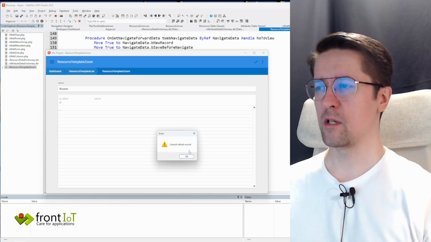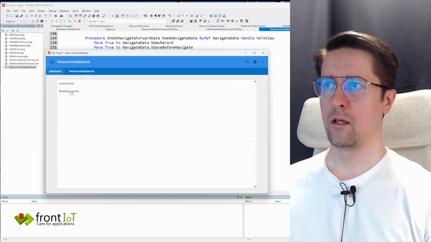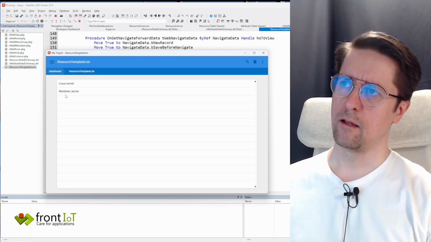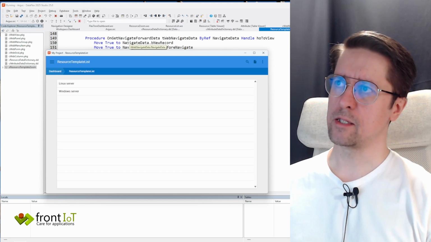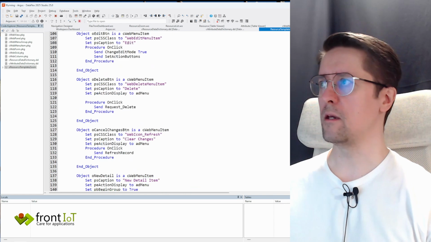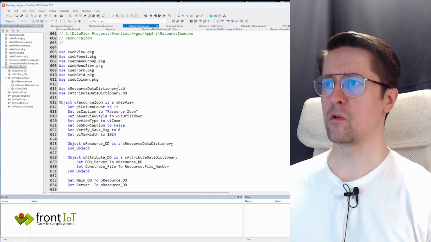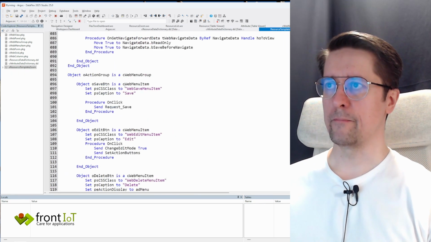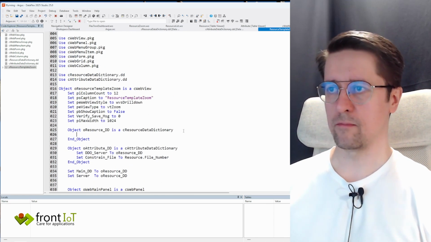Save, and now it says cannot refine record, and that's because we have constrained this list, and it's having the resource templates in memory. So we need to, when we save this one in our resource,